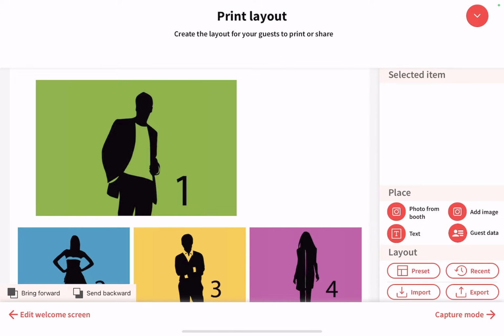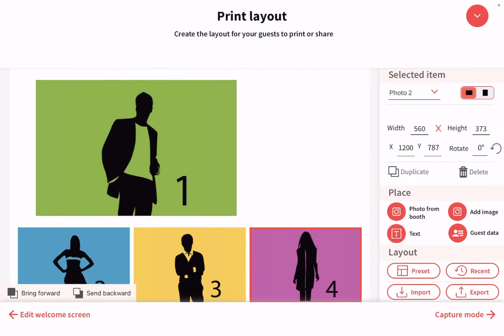Print layout is another way of them saying it's a template, right? I don't know why Lumabooth has it saying print layout because not everybody is doing a print, but this is where you would add your template. What I love about it is you can click the